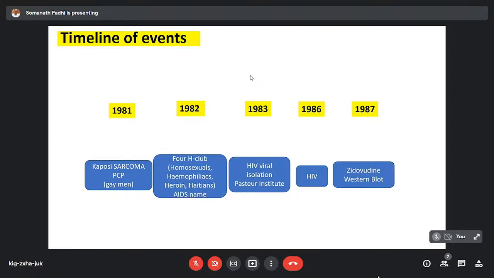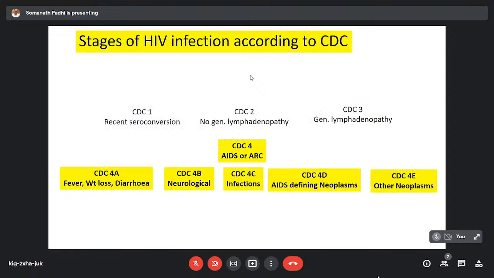And the FDA officially approved the use of the first antiretroviral drug, called Zidovudine, and the US FDA as well as the National Institutes of Health also gave the green signal to the use of a specific diagnostic test, the Western blot technique, for the diagnosis of HIV. So in 1986 also, the famous infectious disease expert Anthony Fauci, who is presently also the health physician to the US President,